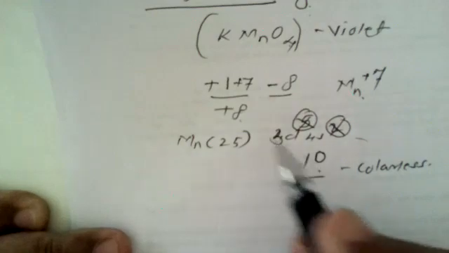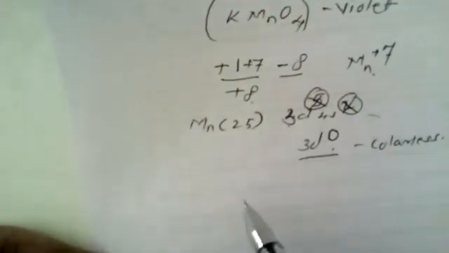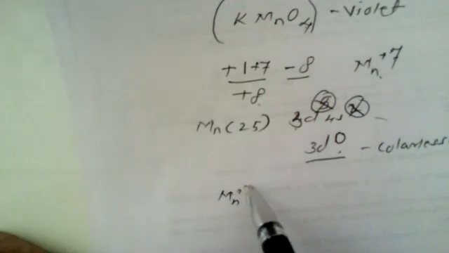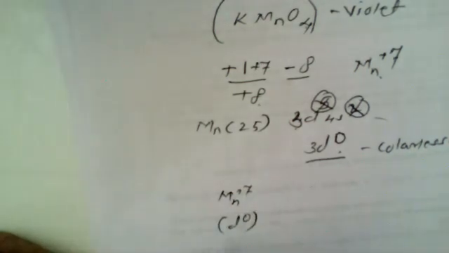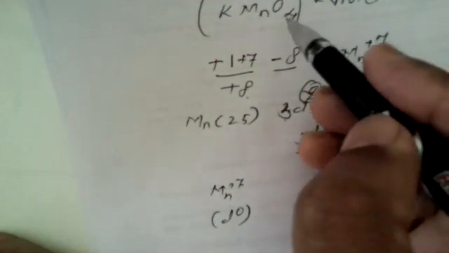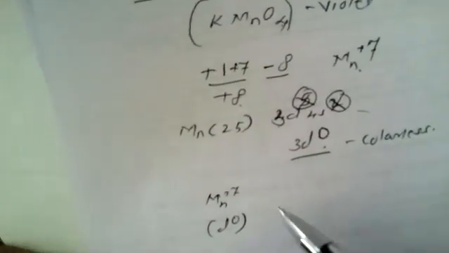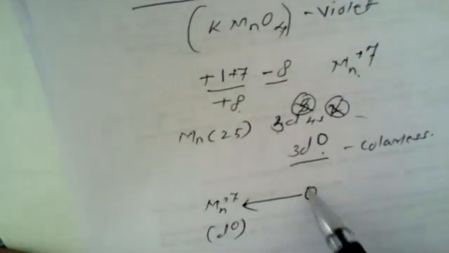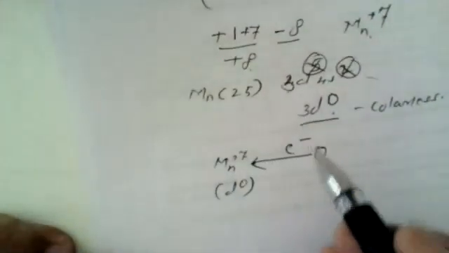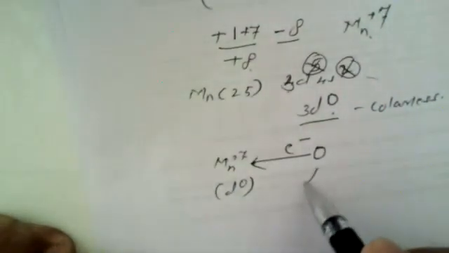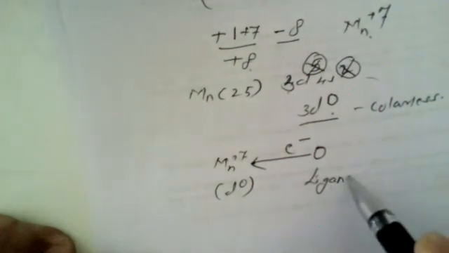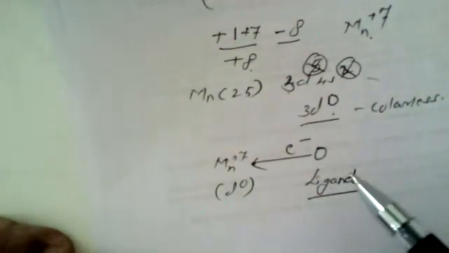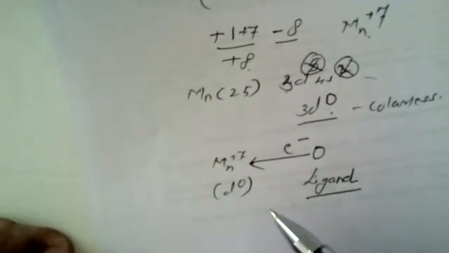Now, why is it purple violet in color? Here, if we consider this Mn+7, which has a 3d0 configuration, oxygen acts as an electron rich or negatively charged species, which gives its one electron to manganese. So here this oxygen, in modern terminology, is referred to as a ligand. This will be explained while studying the coordination chemistry topic. And manganese is a metal.